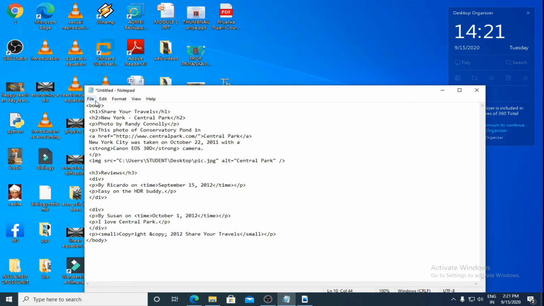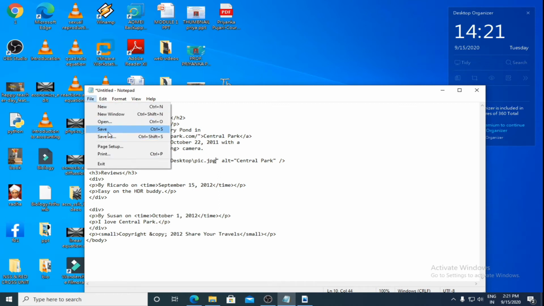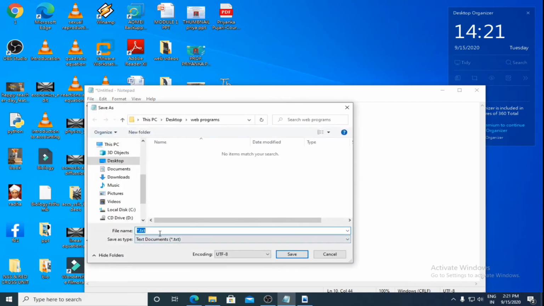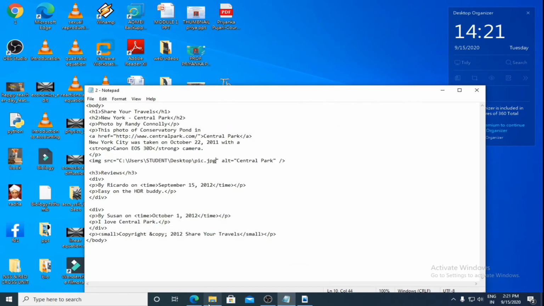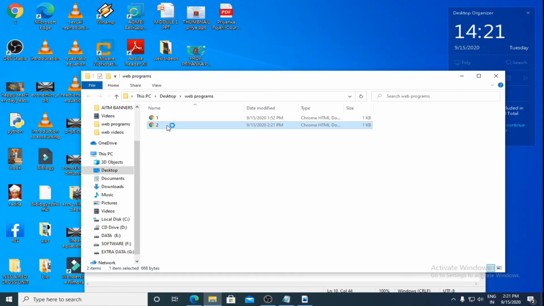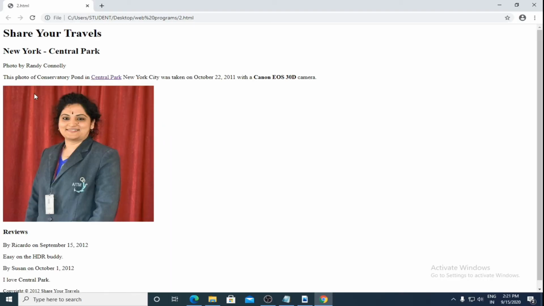Then we will save this file as 2.html. Save. We'll go to the folder and double click. Okay, so you can see here the heading is appearing, "photo by", and this photo of the conservatory pond in Central Park; the photo is not there, it's my photo. Here you can see Central Park has appeared as a link.